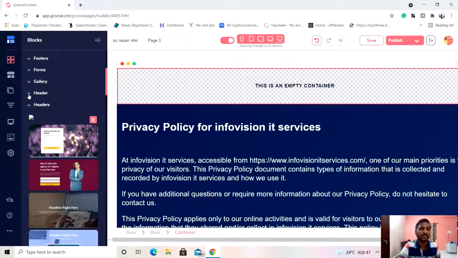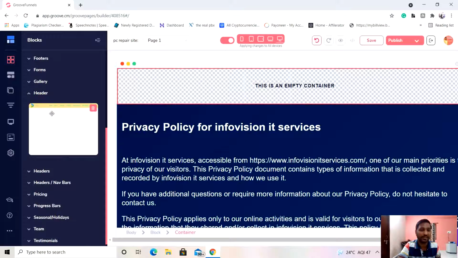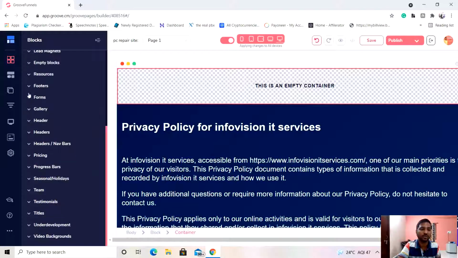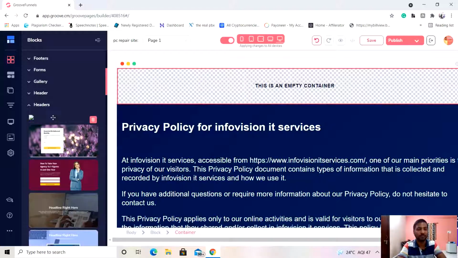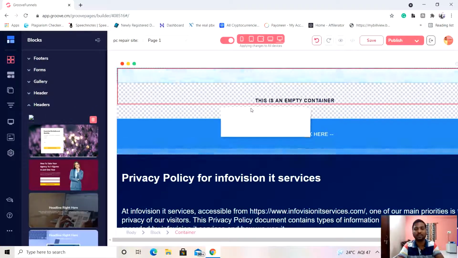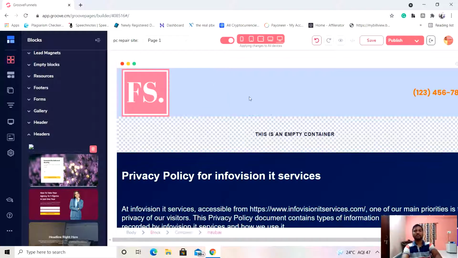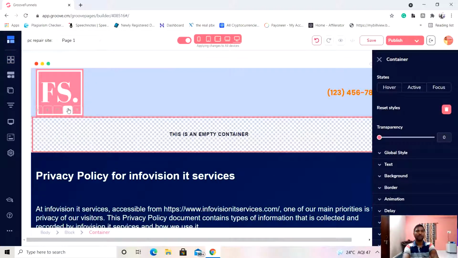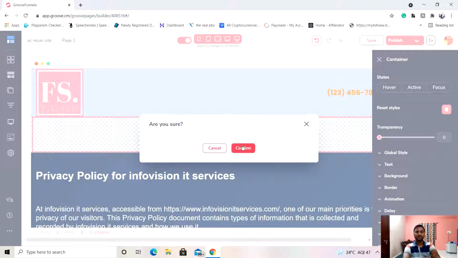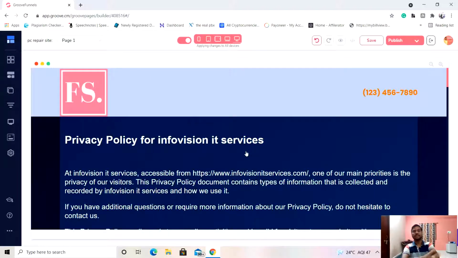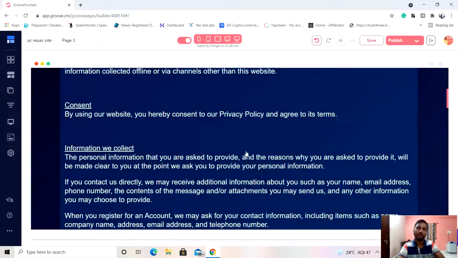If you can see, there is another header block which I have created for another website, so we are not going to use that one. We will use this header one. It is not showing right now what the actual design is. I'm just going to drag and drop it in this. I'm so sorry, we don't have to add any empty block, because this is already a block which we have made. You can delete these empty blocks from here, and the same frame which looks exactly like the block on the previous page, your home page, will come up directly over there.